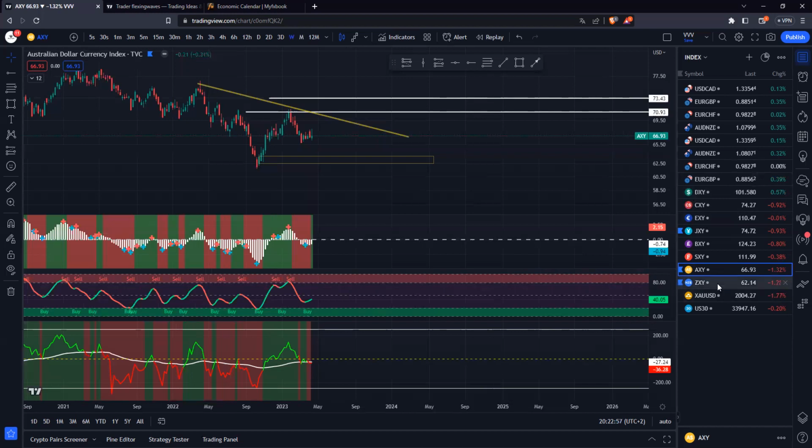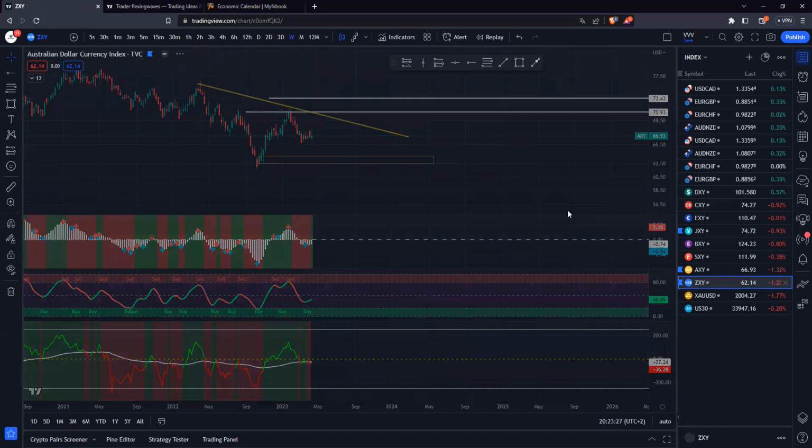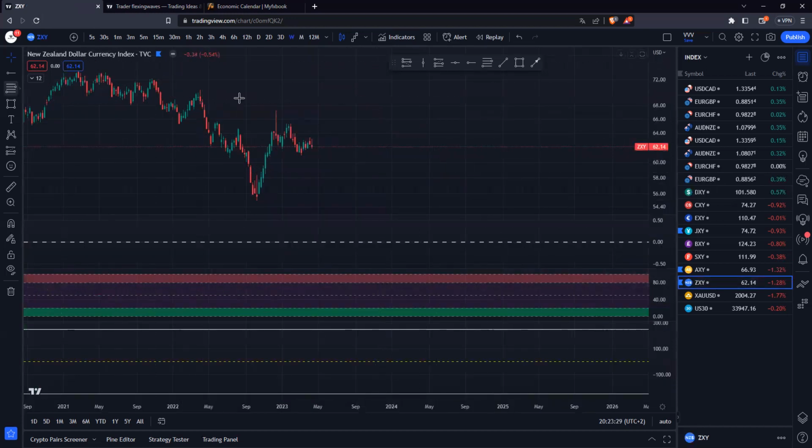Focus on the DXY. The AXY, I would say keep ranging, but even if you want to trade against the Australian dollar, I would rather trade on the New Zealand dollar instead of the Australian dollar, because as you see, the Australian dollar is dominating the NZD. So if you want to trade against the AUD, rather trade on the NZD. Okay,